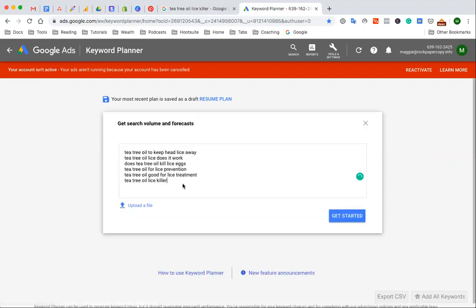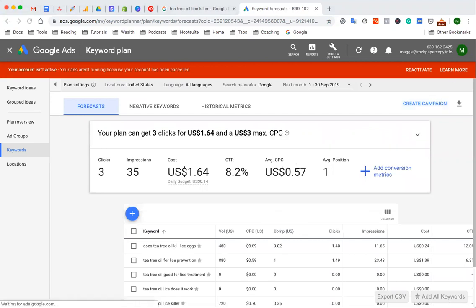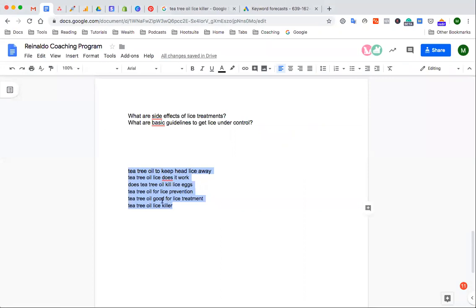Okay. Paste it here, click Get Started. And you can see which ones are the strongest. Okay, so tea tree oil lice killer is actually quite good.